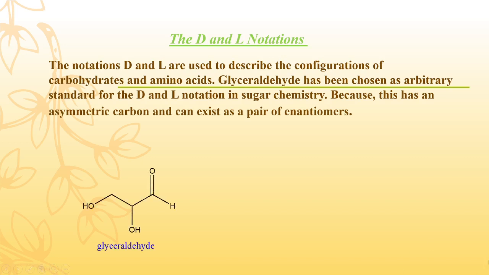This is the simple structure of glyceraldehyde, and here you can see this is the chiral carbon. This is the first carbon atom which has the aldehyde functional group, and the second carbon atom has one hydrogen and one OH group, and the last is CH2OH. Here the penultimate functional group is on the right side. Therefore, it shows the D configuration. Hence, here we write D-glyceraldehyde.